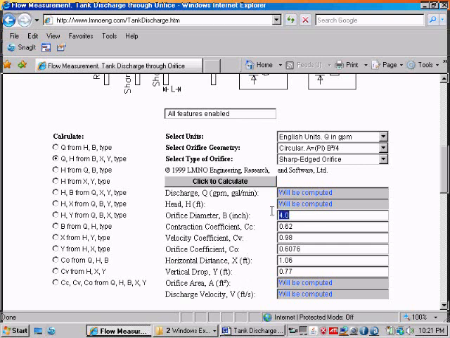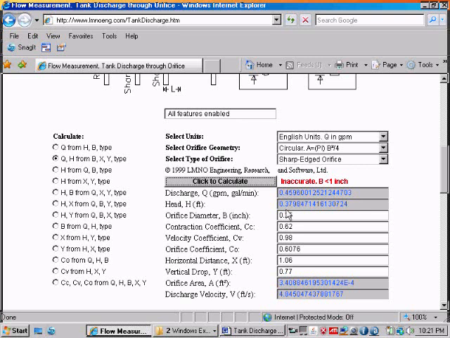And our orifice diameter is 0.25. The CC and CV are built into the program and are selected by checking the sharp-edged orifice. The proper values for CC and CV are presented here, and then the product is C0. So we have all of our data entered here, so let's click to calculate. And I'll come back to this red message in a minute, but the program computes the head of